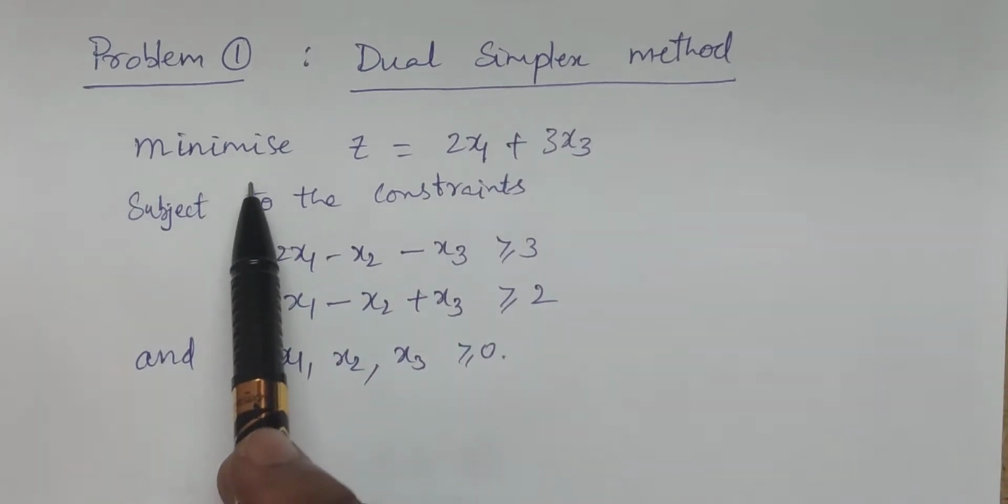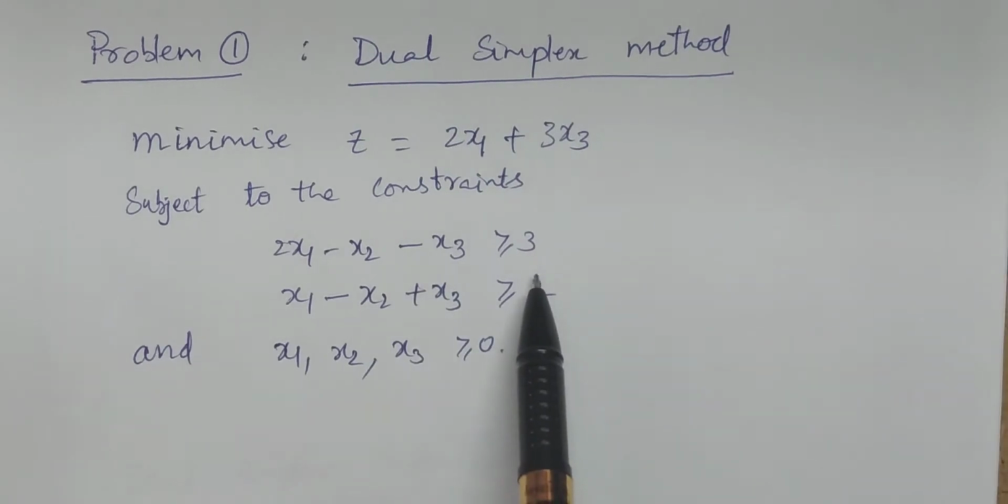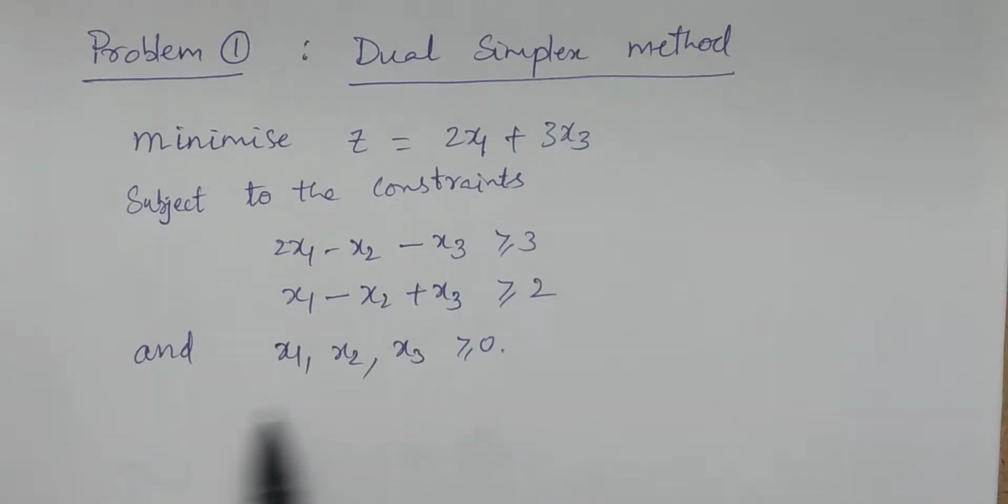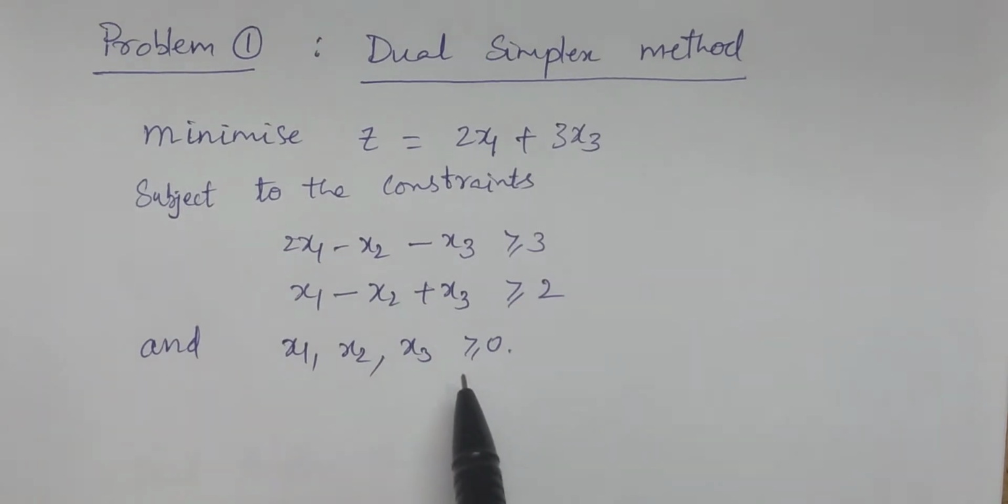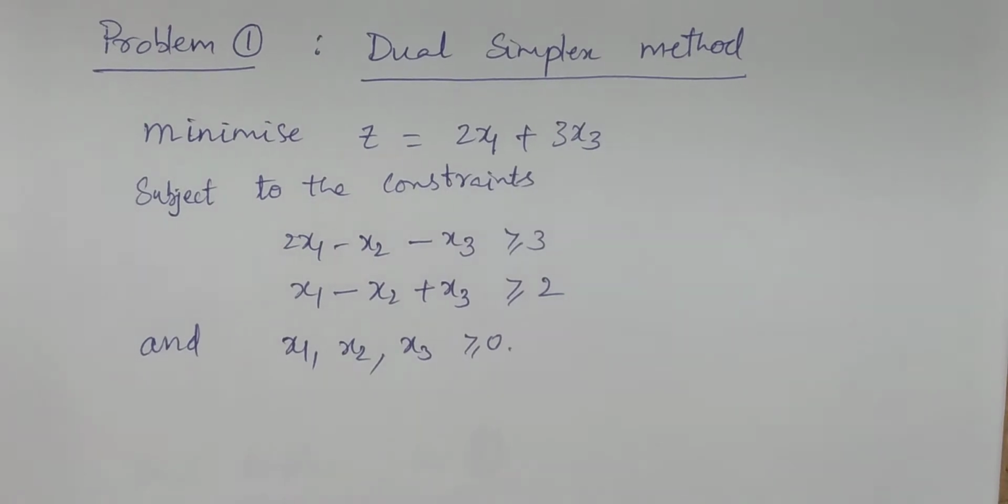This is a minimization problem with an objective function and constraints. Two constraints are given, both greater than or equal to constraints, and x1, x2, x3 greater than or equal to 0. Right. Now what we have to do is, in step 1 and step 2 of the dual simplex